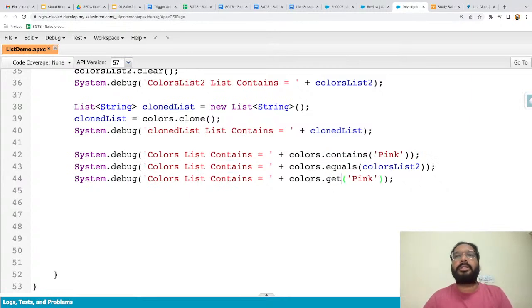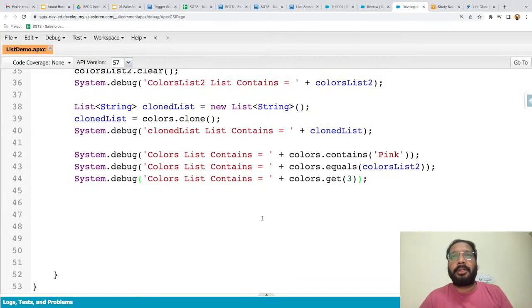Here I'm going to use the get method, and instead of a value I'm going to pass an index. I passed the third index. So 0, 1, 2, 3. Index 3 means it will give you the fourth value. I'm saving this code and going to run it,